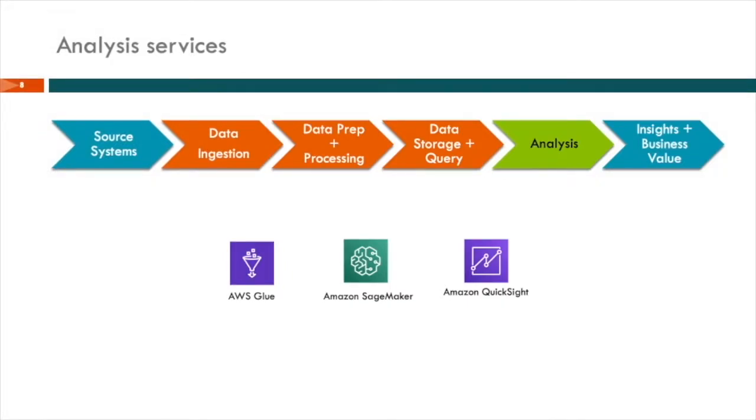And then finally, analysis. So most people, when they think analysis on AWS, immediately go to QuickSight. But our experience is Amazon Glue and Amazon SageMaker actually fit into that role quite often as well. So remember I said Amazon Glue, one of the things that you can do is you have access to an entire